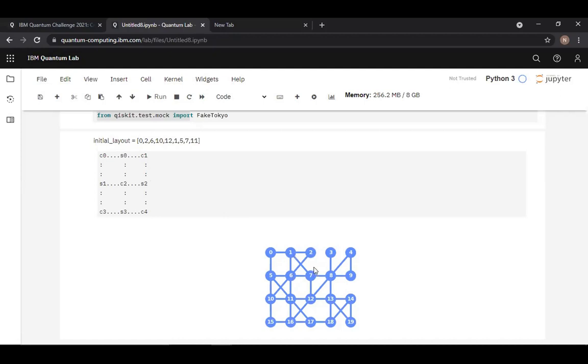So we have an option. Whenever we apply the operation between S2 and C1, we first apply a swap operation between C1 and C2, to swap the states so that they will be in direct connection with each other. That means if we apply a swap operation between C1 and C2, the states get interchanged, so it will be C2 but having the state of C1.